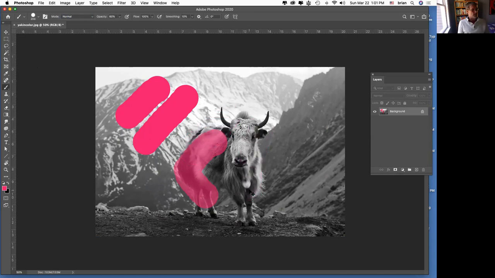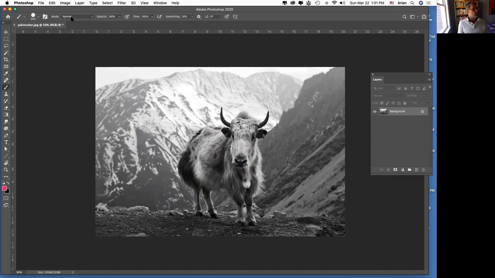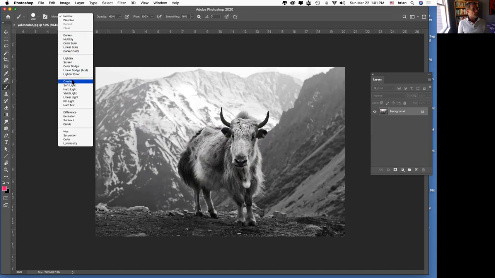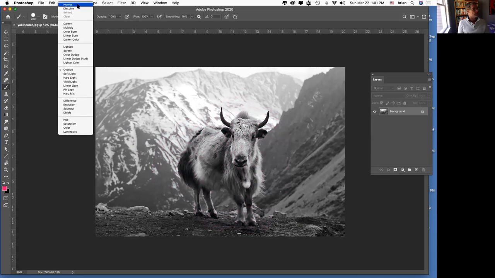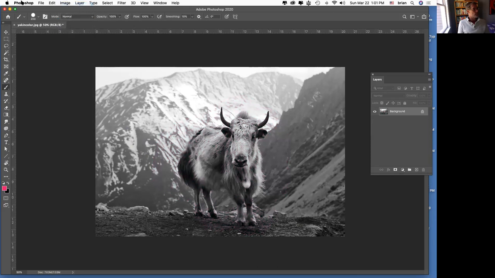So compare that to blending mode called overlay, for instance. Overlay maintains the shadows and the highlights and essentially colorizes the photograph. Set that back to normal for now, but what I wanted to show you in this first brief video here